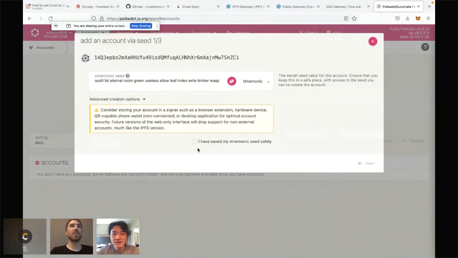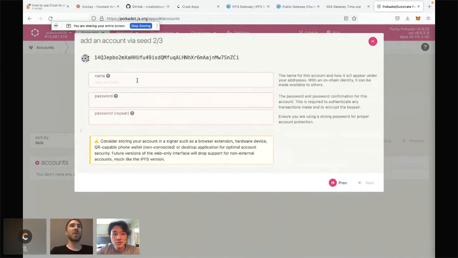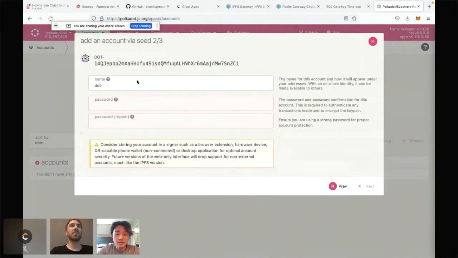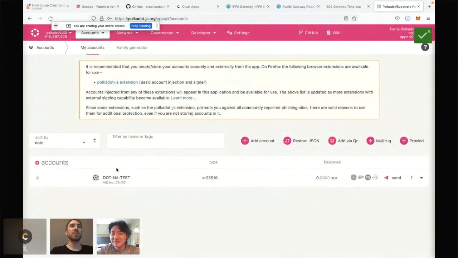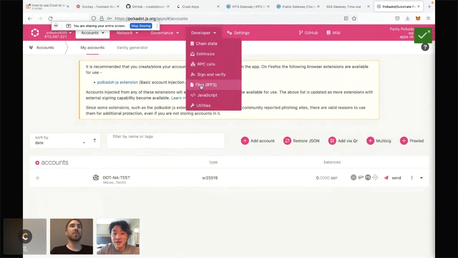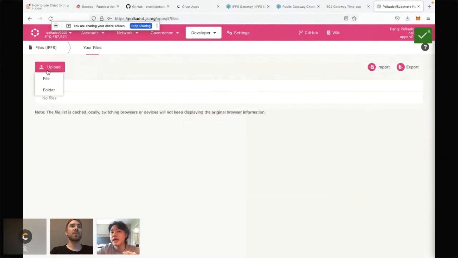Maybe I just use a new one, like .na test, which you can see I don't have any DOT in my account. So this function is fully free for everybody in the Polkadot ecosystem. So I can very easily drop